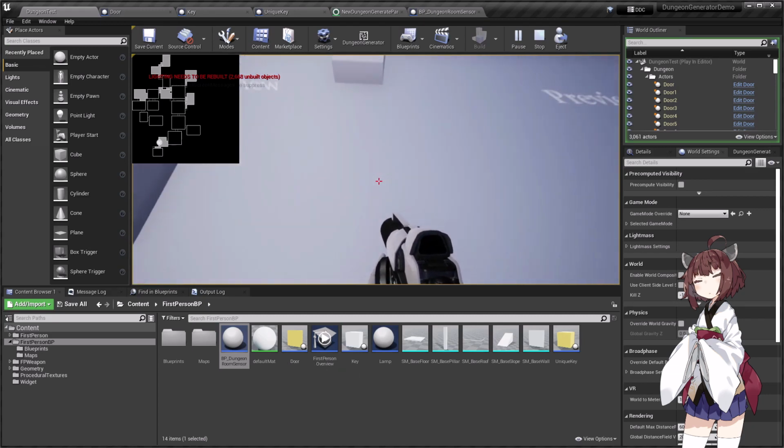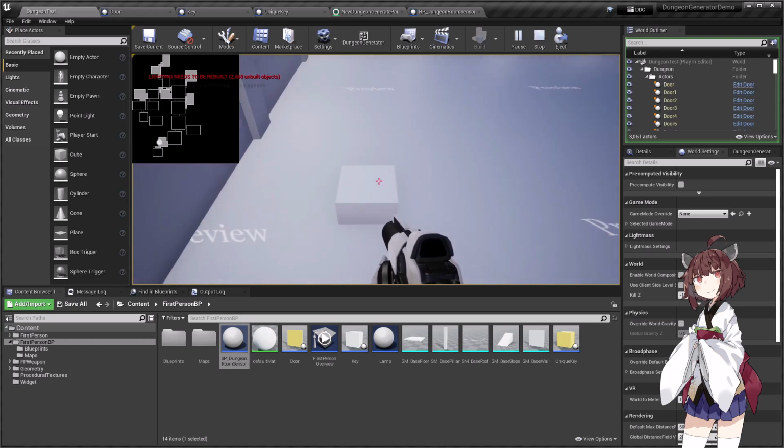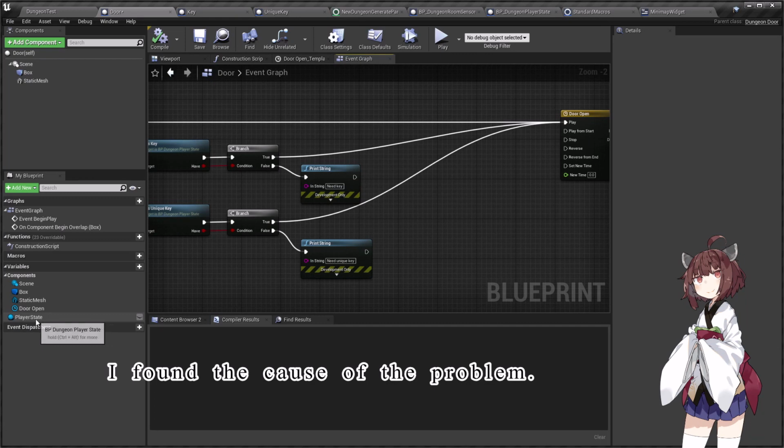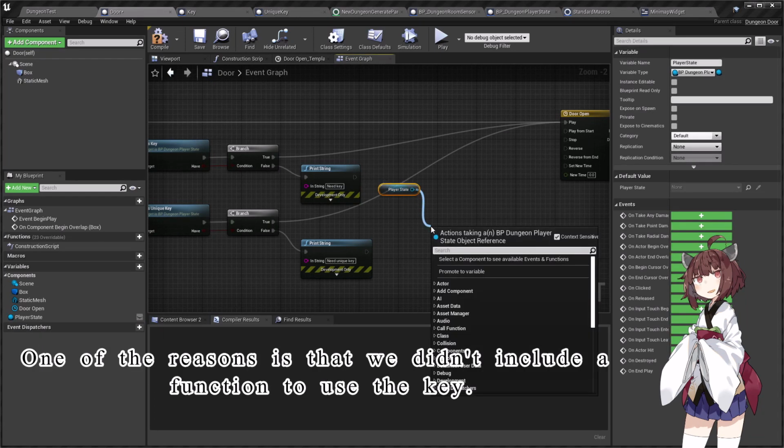What? I can't get the key. Under debugging, I found the cause of the problem. One of the reasons is that we didn't include a function to use the key.